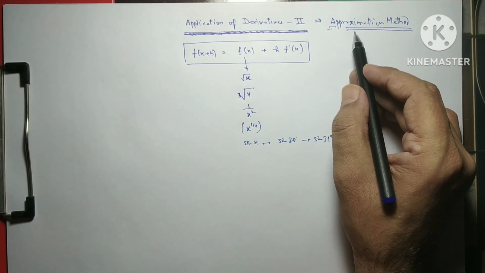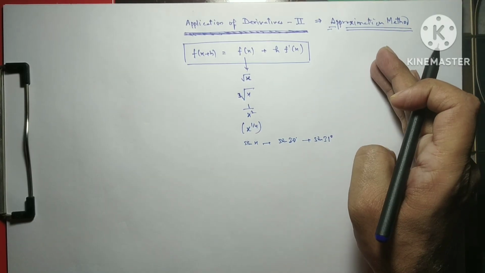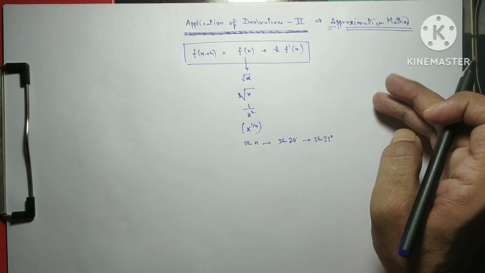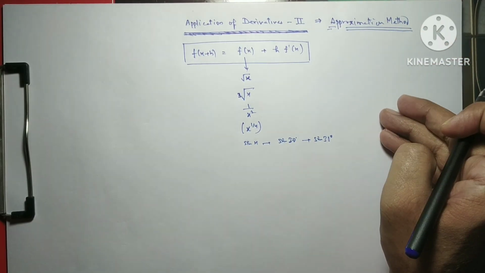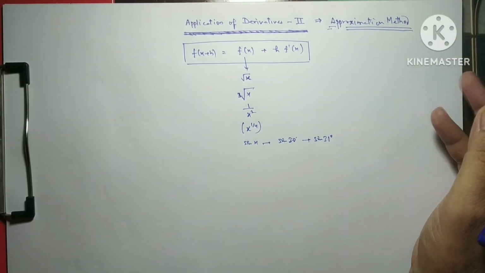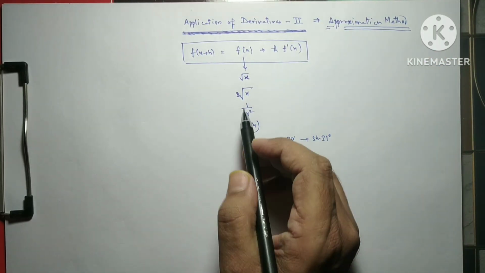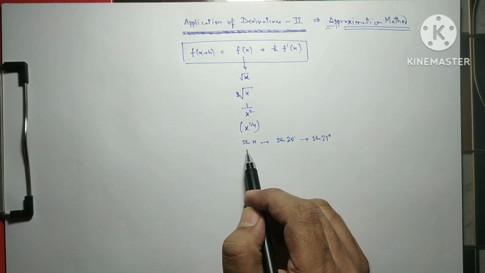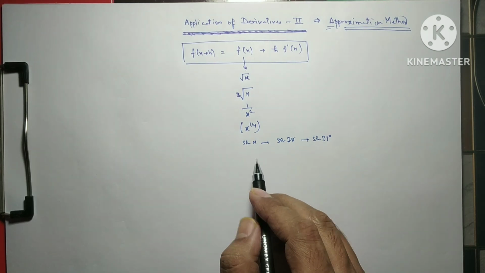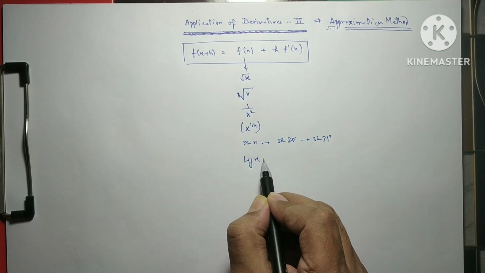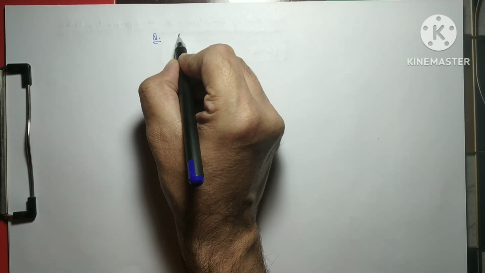If you want the exact value of these trigonometric functions, you should use the lab manuals, in which the last page is related to tables, so you can collect the values from there. Right now we will get the approximate values of these, maybe the exponential functions, the log functions, or the trigonometric functions. Find the approximate value